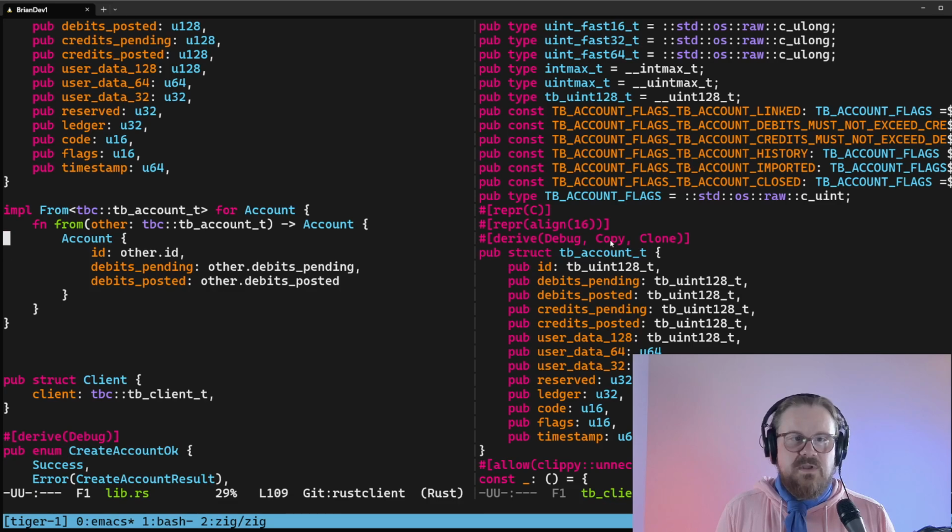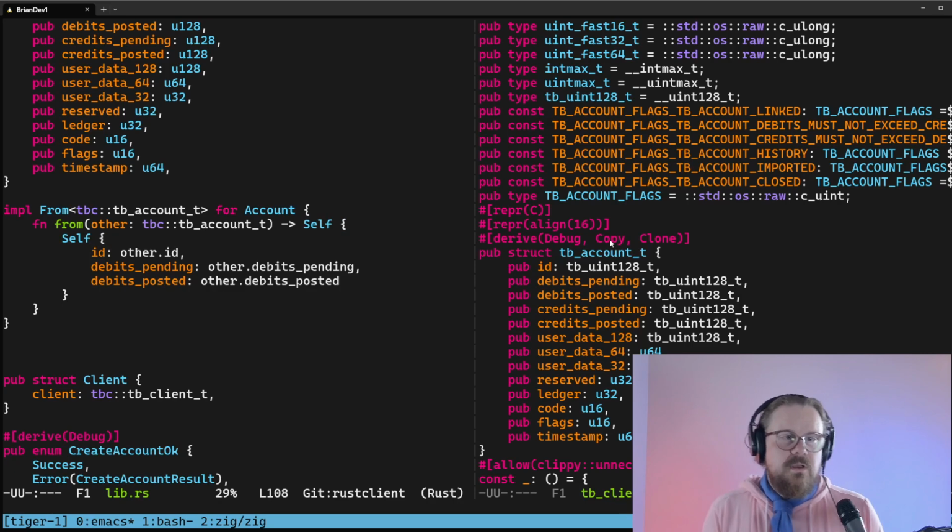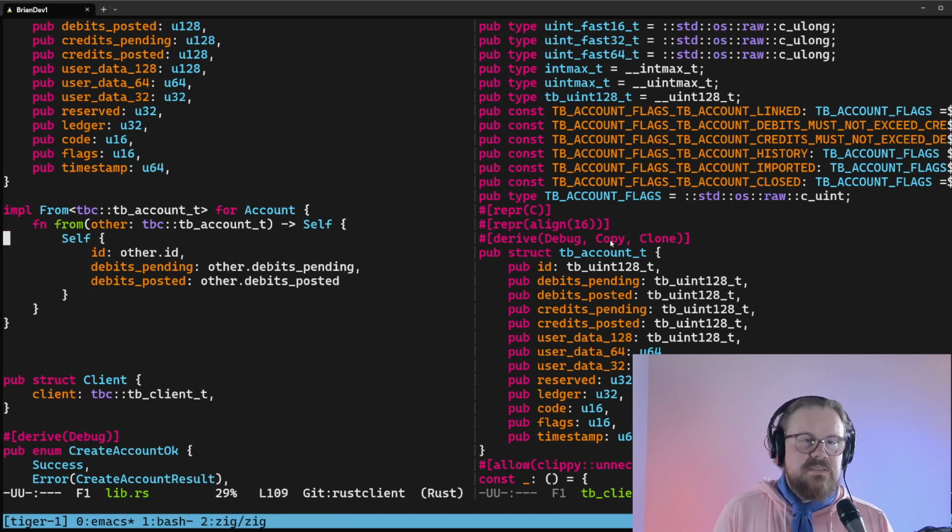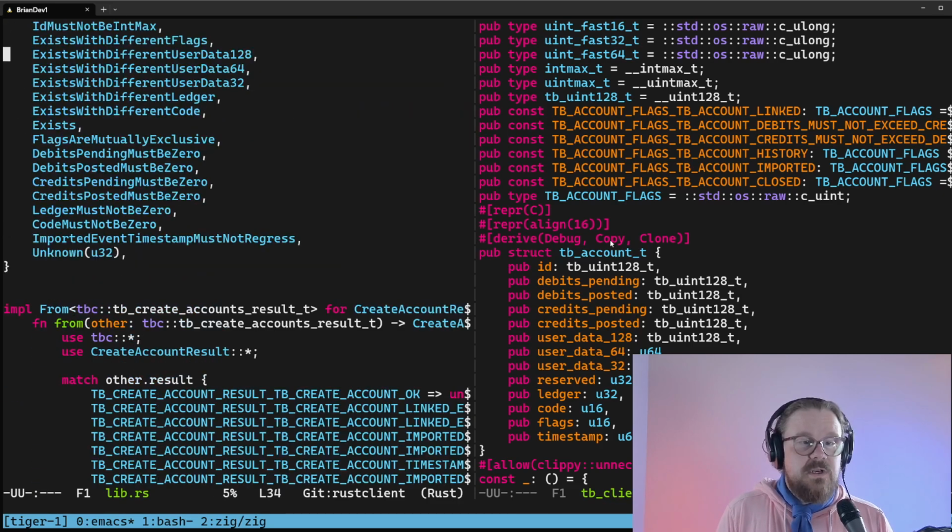Use self instead of account inside the impl. Yeah, so Future Highway is saying in chat that I can write self here, and I can write self here. Yes, you can do that. It's kind of a matter of taste. I don't know if there's one that's recommended over the other. I pick which one I like depending on the situation. So up here, we could have also written